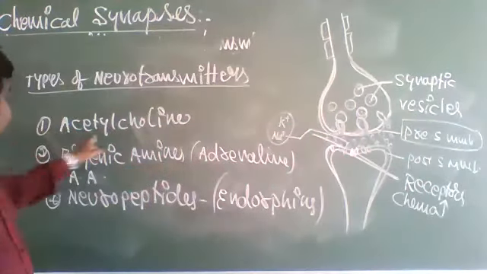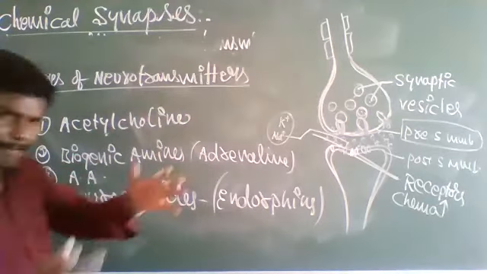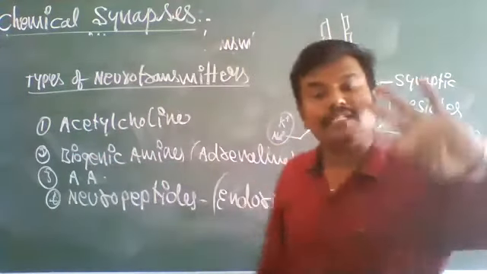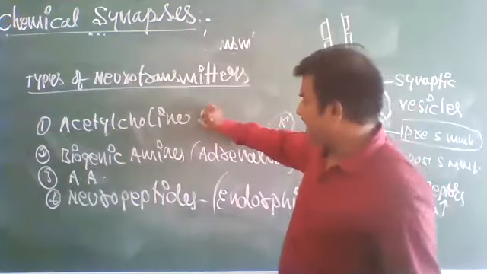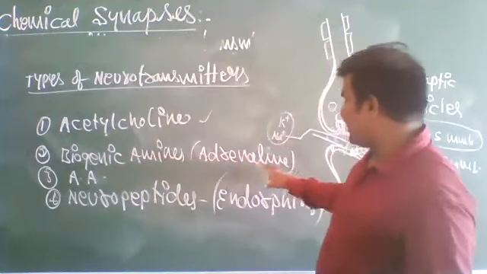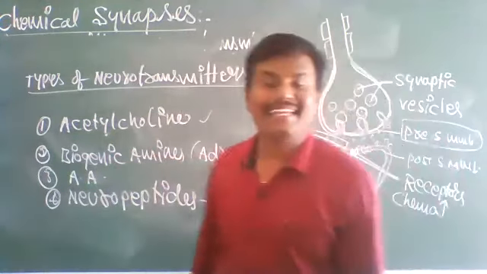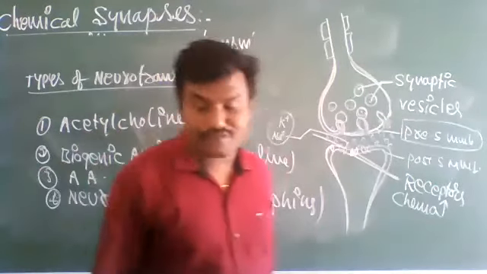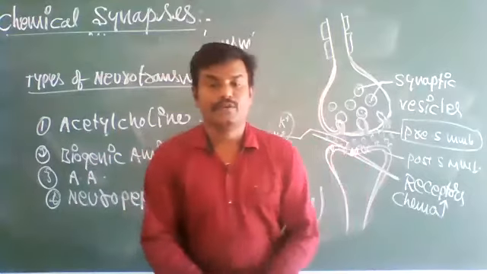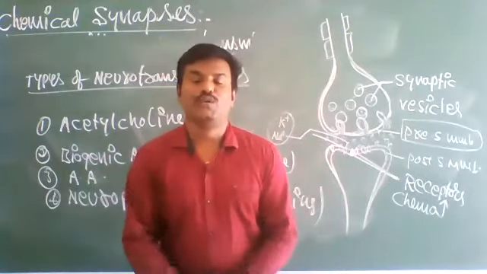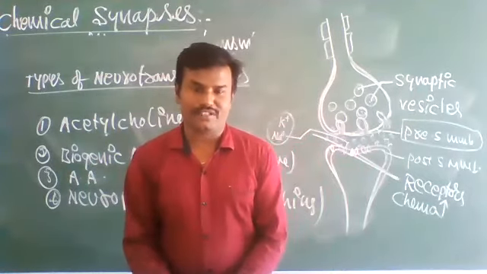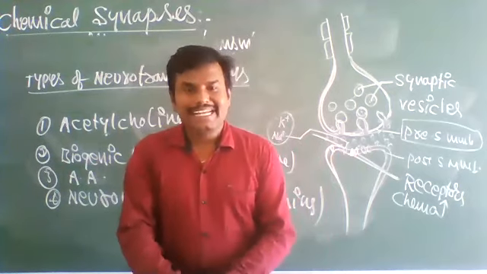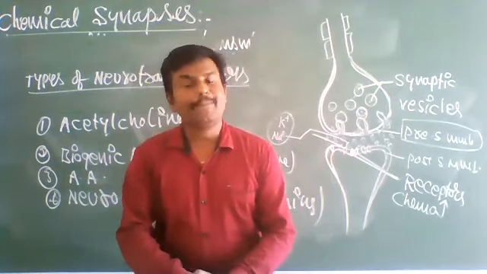Depending upon chemical structure, they are classified into 4 types: acetylcholine, biogenic amines, also called adenine, amino acids, and neuropeptides, also called endorphins. Okay, these are the neurotransmitter details. With this, transmission of impulses is